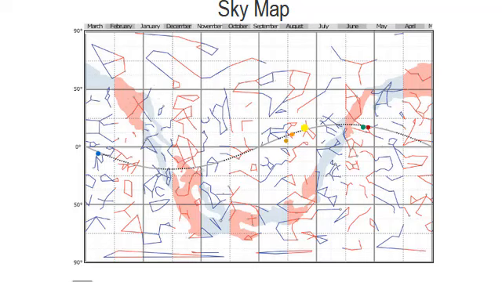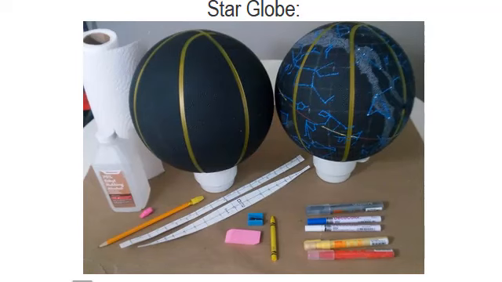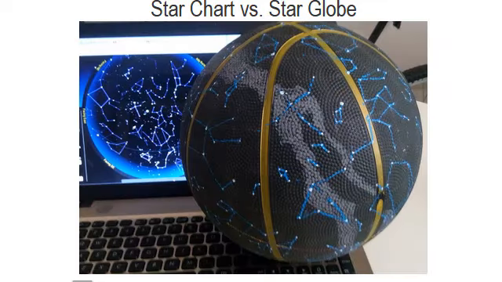Star globes are made the same way as Earth globes. The best results are made with black or blue balls. Which ball you choose will determine the colors of acrylic paint markers you will need. Star globes provide views of the sky that are similar to online star charts, like the one at